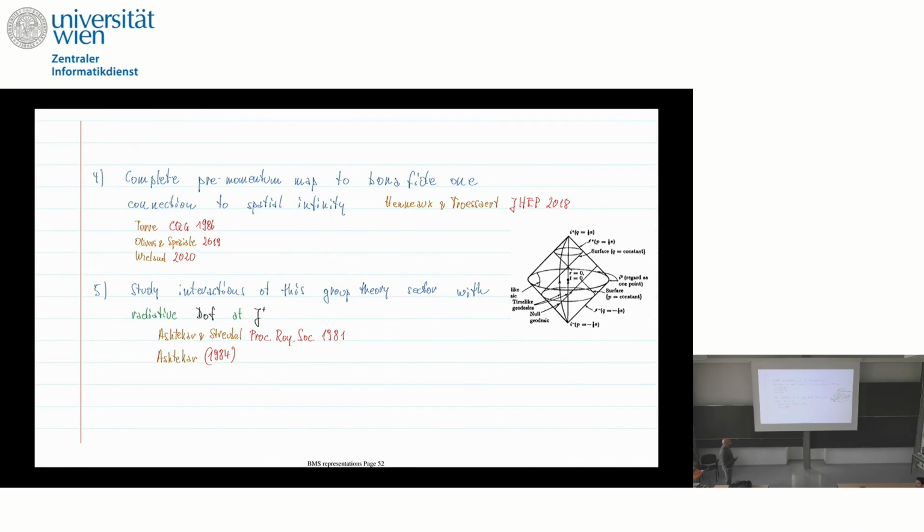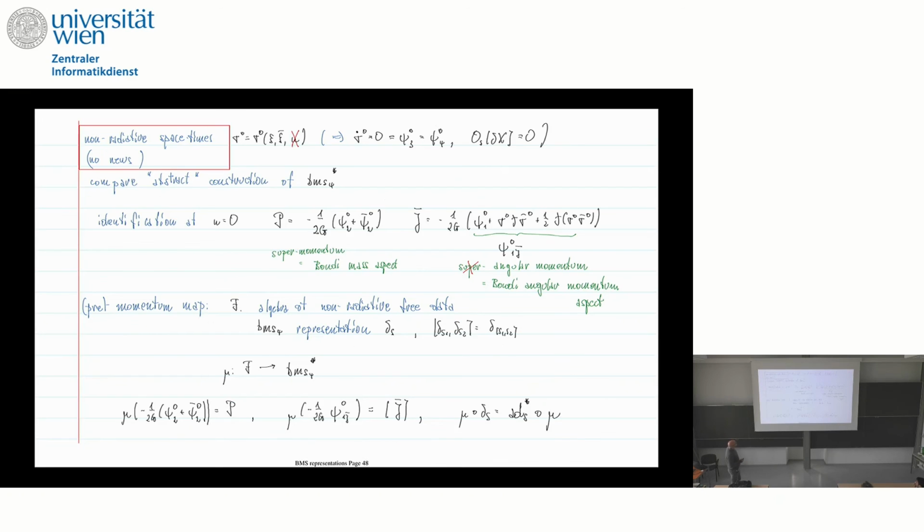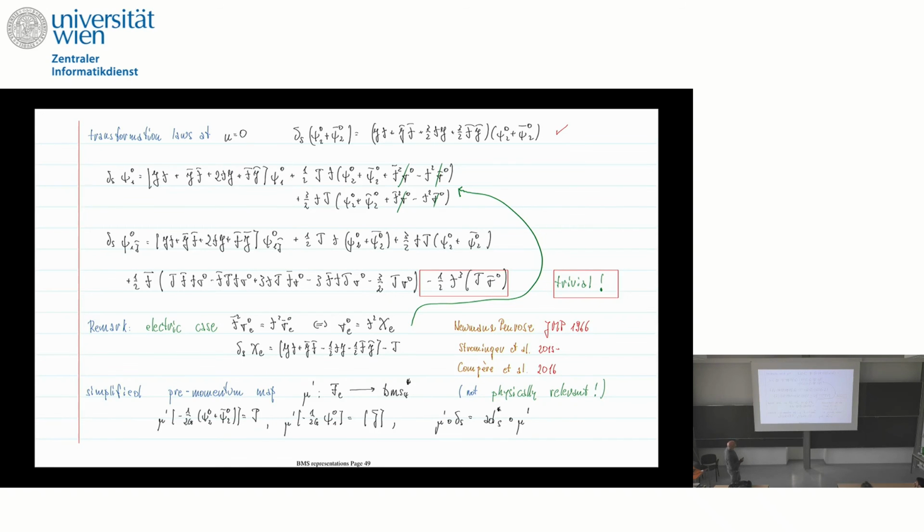Absolutely, absolutely. So, okay. Yes, but then you have to study the interactions of this purely group theory sector with, of course, the news and what is going. So you really can see, if you try to identify this structure in the asymptotically flat data, that you have to switch off the news in order to find the right combinations which have the right weight and which transform as they should. But for that, you need to switch off the news, because you know that here we will have conserved charges for this model.